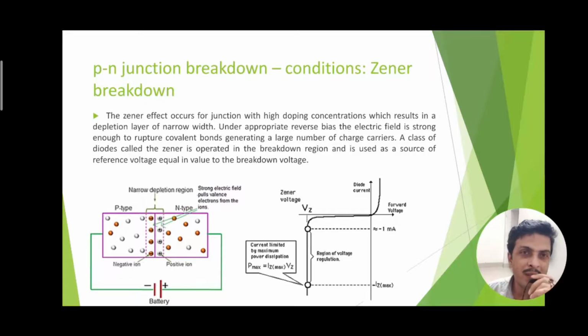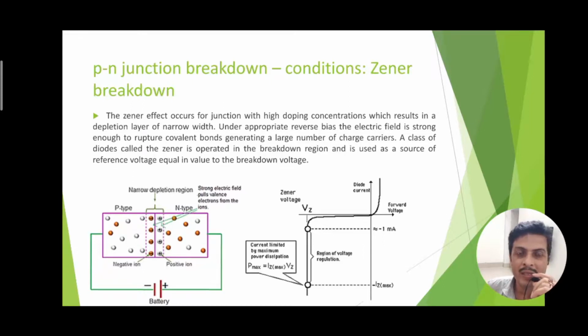Zener breakdown is a typical situation of the breakdown phenomena. The same PN junction diode may be used for Zener application if it is doped with higher concentration. A normal PN junction diode has a doping concentration lower than the Zener diode. That is why we do not get a sharp breakdown voltage in a normal diode. But for the Zener diode, we see a sharp breakdown when a sufficient negative voltage is applied in the reverse bias condition.